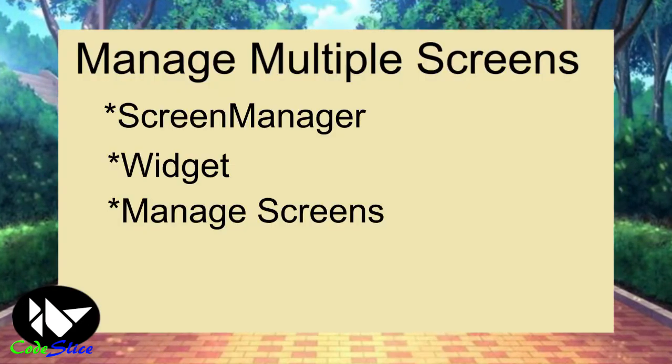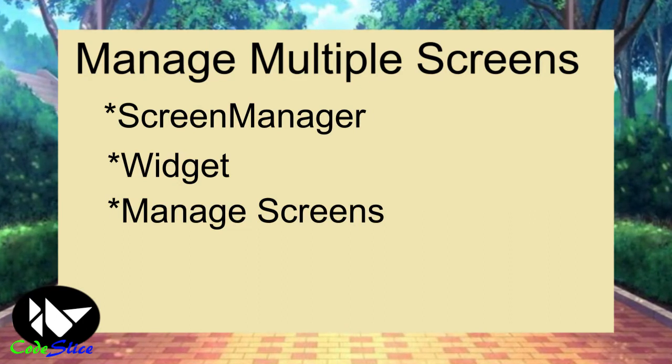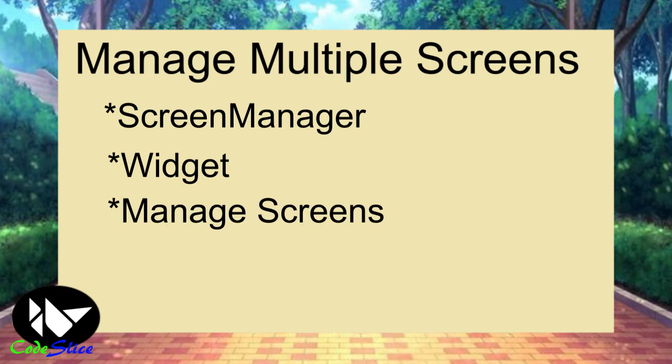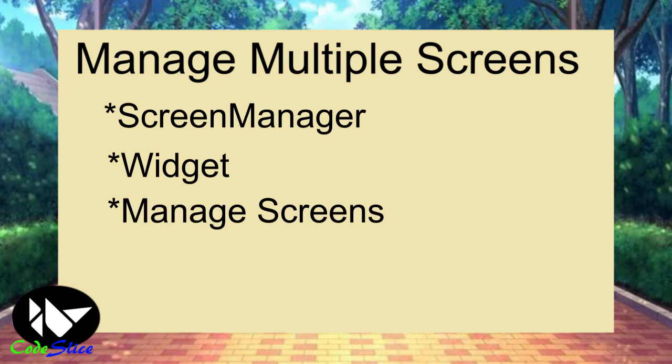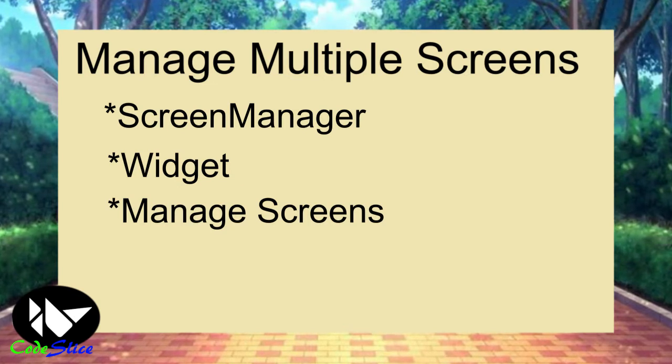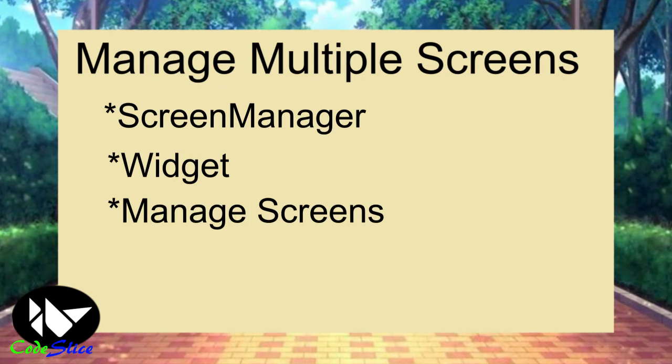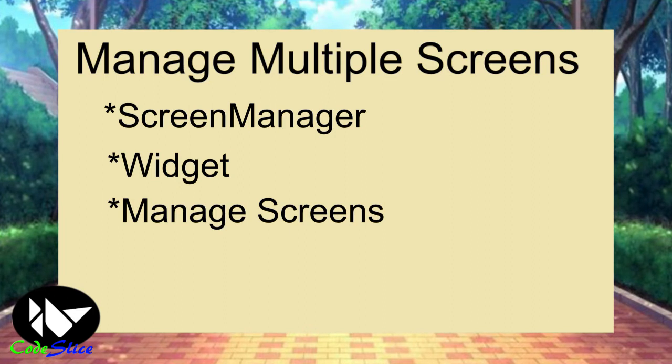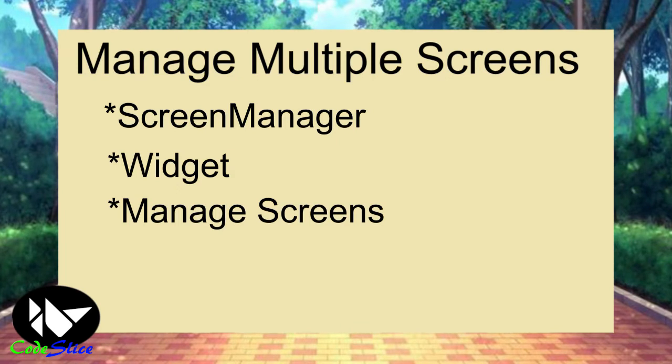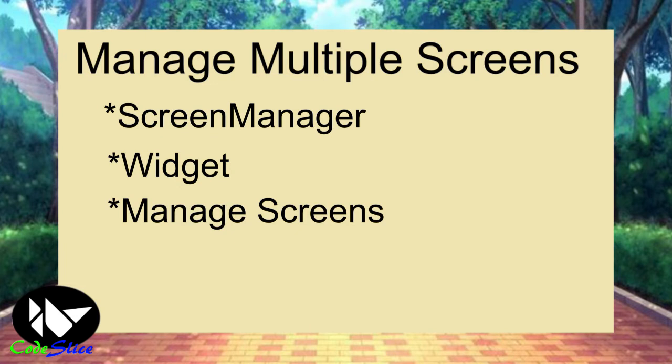How do I manage multiple screens with Kivy? I am sure this is why you are here, and this is why I am here. Most apps usually consist of one or two screens. For instance, you might have the menu, and then the game screen or the rules screen, or a screen where you personalize your avatar. So many apps consist of multiple screens. If you are serious about developing apps with Kivy, you better subscribe as you